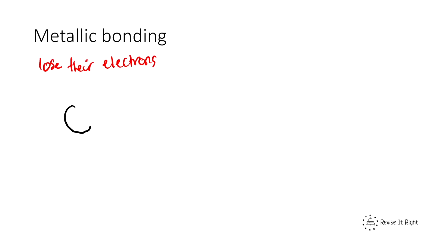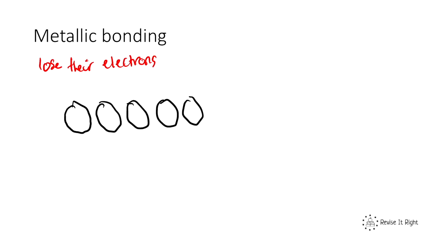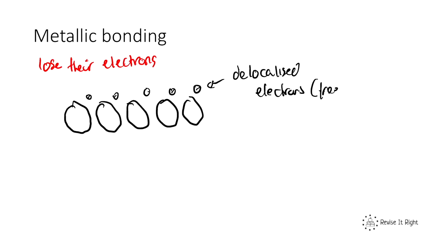So if we draw here a layer of metal atoms, what will happen is their electrons, which I'm representing here as the tiny circles with a minus sign in them, become delocalized. It means they are free to move, leaving the positive ion behind. So they are delocalized electrons and they are free to move. The positive ions, which are left behind,